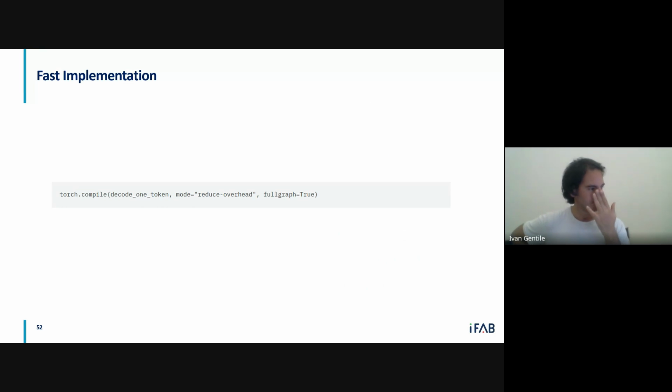The very cool thing, and here there are a few caveats. I will not go into depth on how this actually works, but I still send you back to the RSC blog post if you want to know more. In any case, the nice thing is that this job of having the huge graph, rather than the single add operation, can be done in basically one line of code in PyTorch, which is this torch compile. Also, we need to specify this reduce overhead, that's important. But in any case, it's very interesting that we have a single instruction that can save up a lot of time. And this is an implementation of a fast solution.